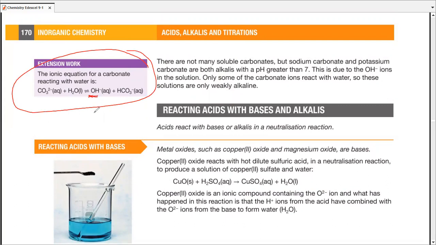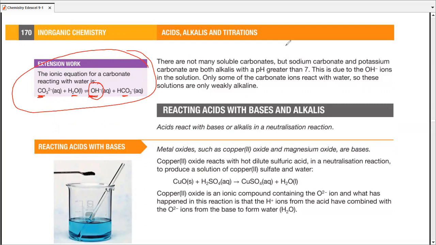This equation, though it is written as a part of extension work, has been a part of your past paper exams. You need to mark this one as important as well. So that's how the carbonate ions, CO3 negative 2, react with water and produce OH negative ions, which makes the whole system slightly or weakly alkaline. And they also produce the hydrogen carbonate ion,